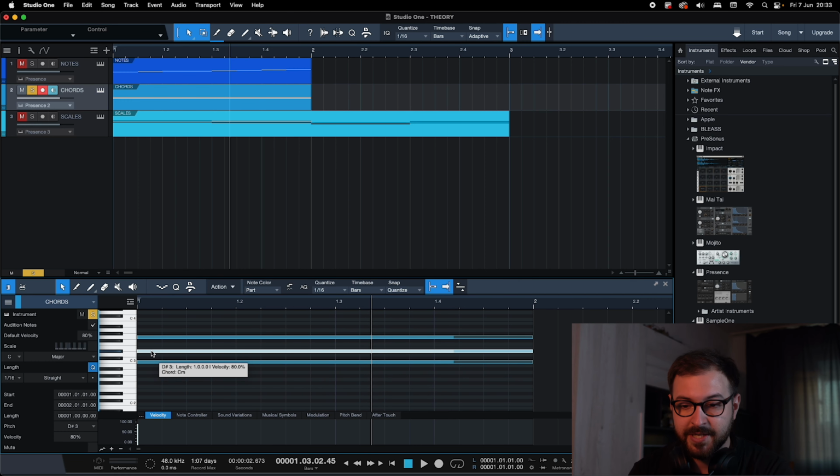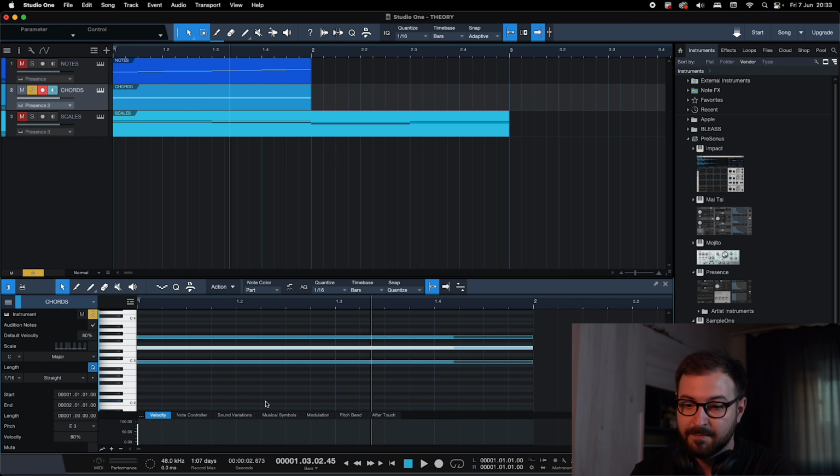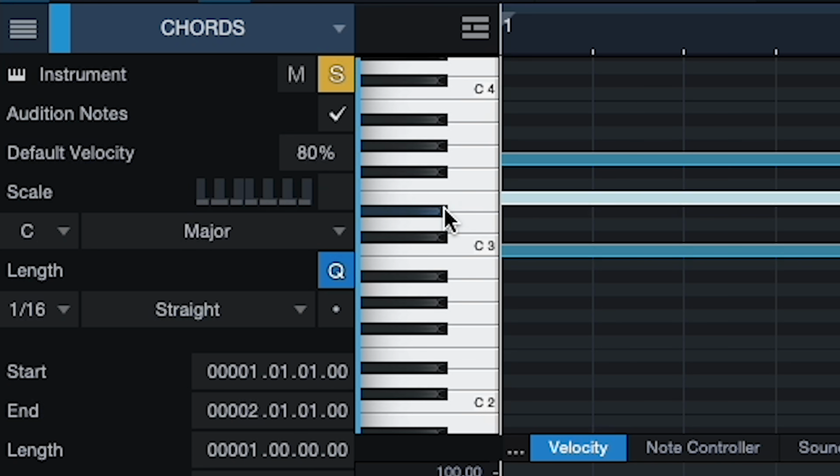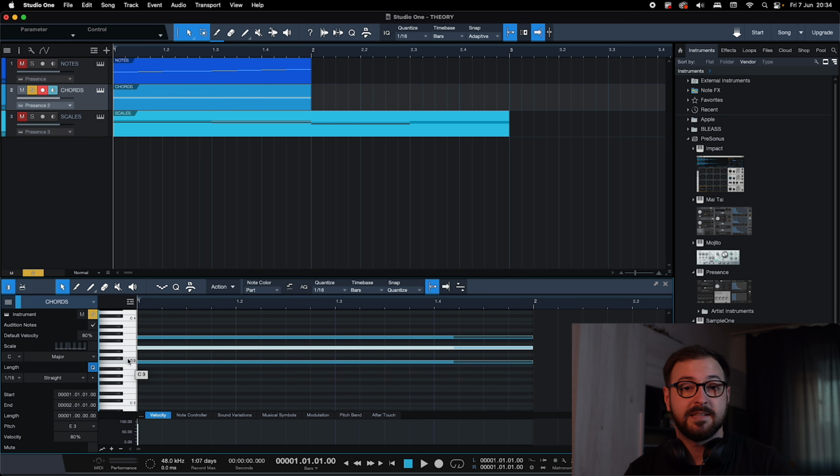Now, the way we form these chords, so let me go back to C major, is quite simple. Looking at this, you see that we can count the half steps that we take to get to the next note in the chord. So in my case, when I start from C, because this is the root note, I go up 1, 2, 3, 4 semitones, and I get E. Then 1, 2, 3, I get G. So this is how we get a major chord. We take the root note and then add 4 semitones, we get the second note of that chord, and then we add another 3 semitones and we get the third note of that chord.